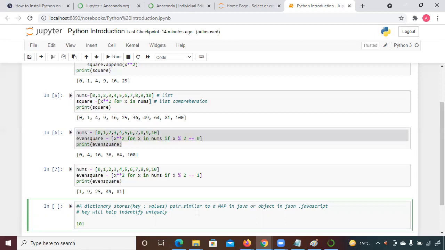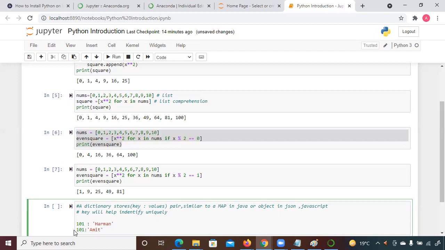Suppose roll number 101 is a key, having the name Herman, and again 101 having the name Amit. This doesn't work, because a single key is identifying two data, so it will give an error.